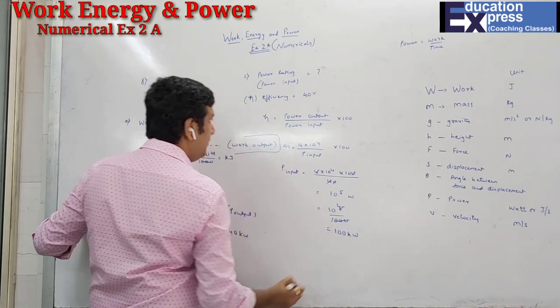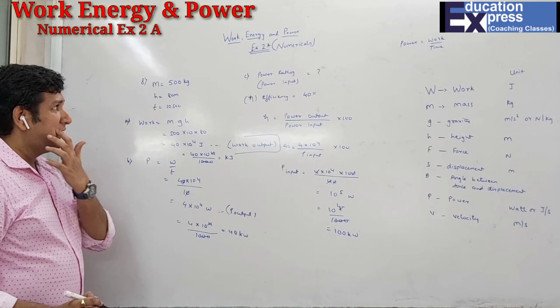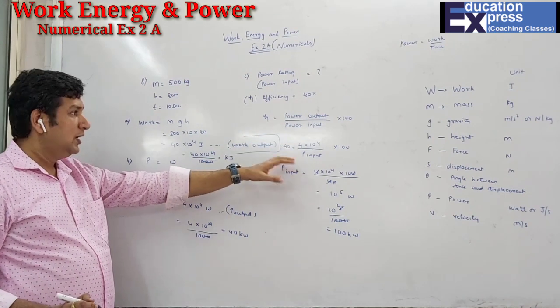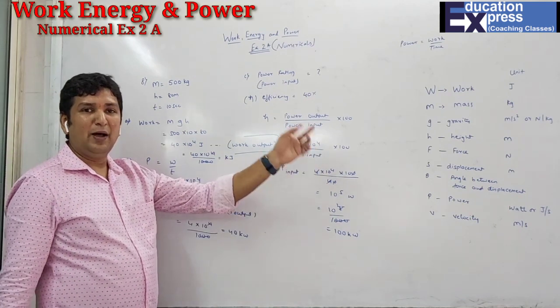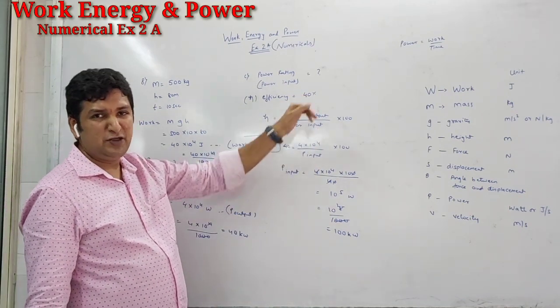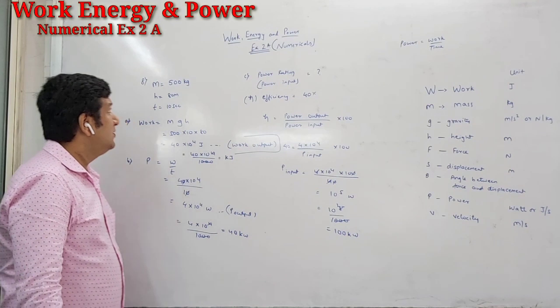So mark it, very important. A little different sum, because there were two things, power input and power output, and power input is nothing but the power rating of the machine. Why did I not get the power rating equal to power output? Because the efficiency was not 100%. Now let's start question number 9.